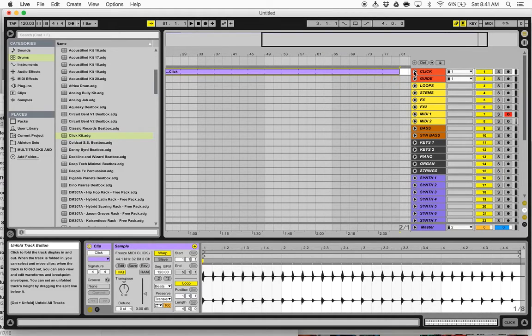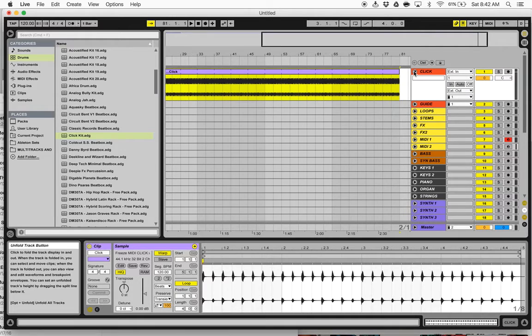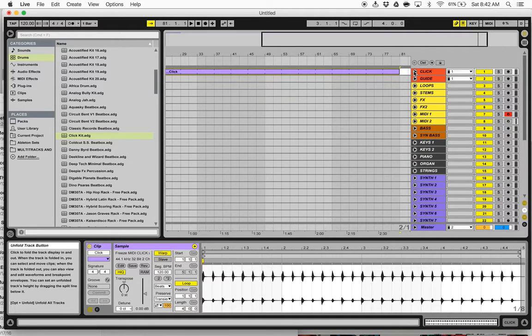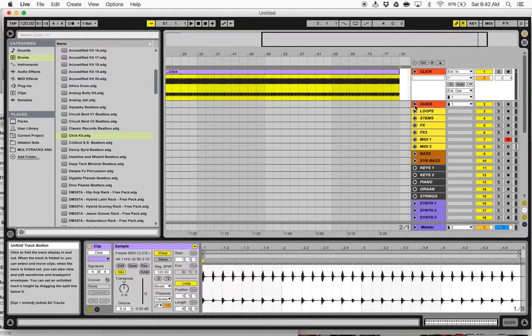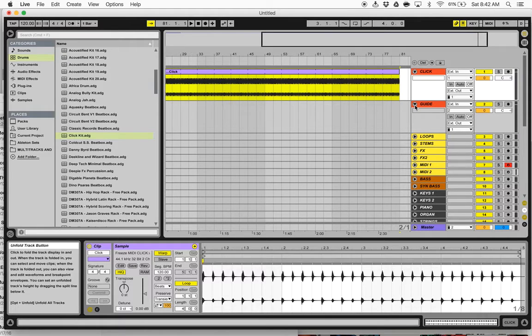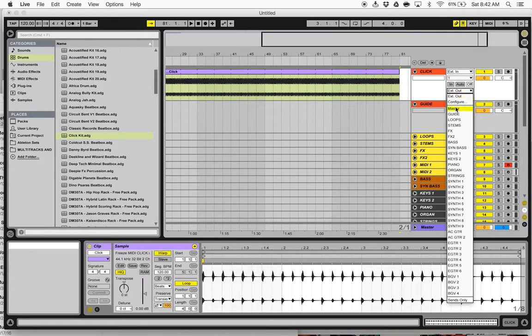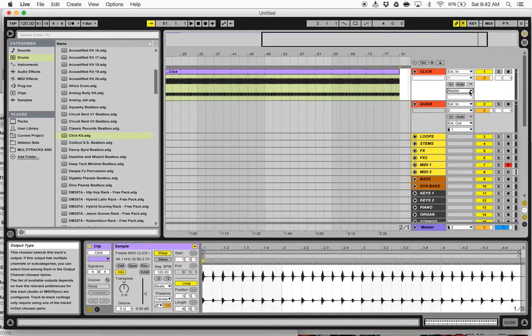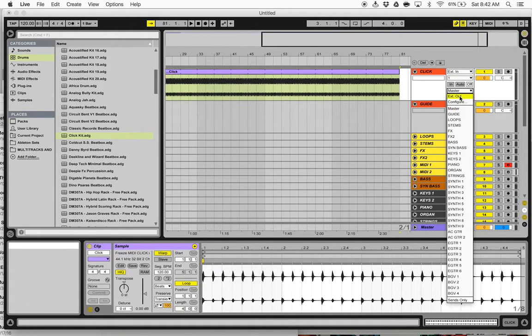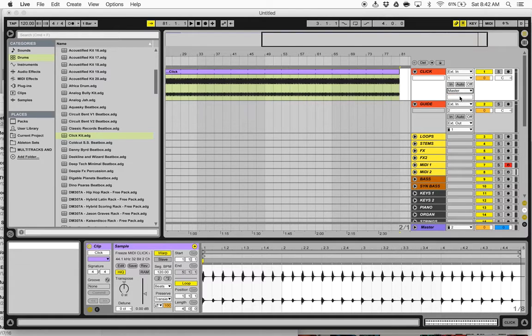The template project is set up that way, but I'm going to show you what it looks like so that you can adjust it as needed if you're pulling something in from Multitracks. So expand the click and guide, and we'll see that the output is set to external out. By default, it's set to master. It assumes that everything is you want on the master, but we're going to set it to external out